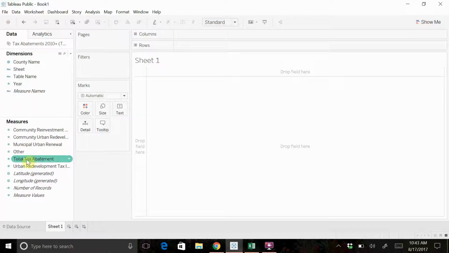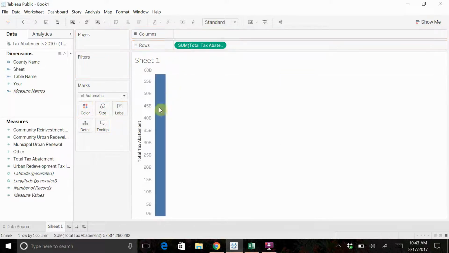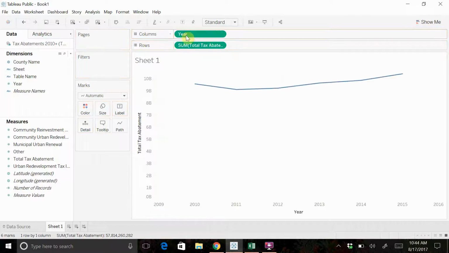So what we're going to do is click and drag total tax abatements to rows. And now this gives us a sum of all the tax abatements for all the counties for all the years. Now we want to break it down by year, so we're going to click and drag year to columns. And what this does is it gives us a line chart and a line graph. And line graphs are fine, and we will use those later, but for right now, when we want a bar